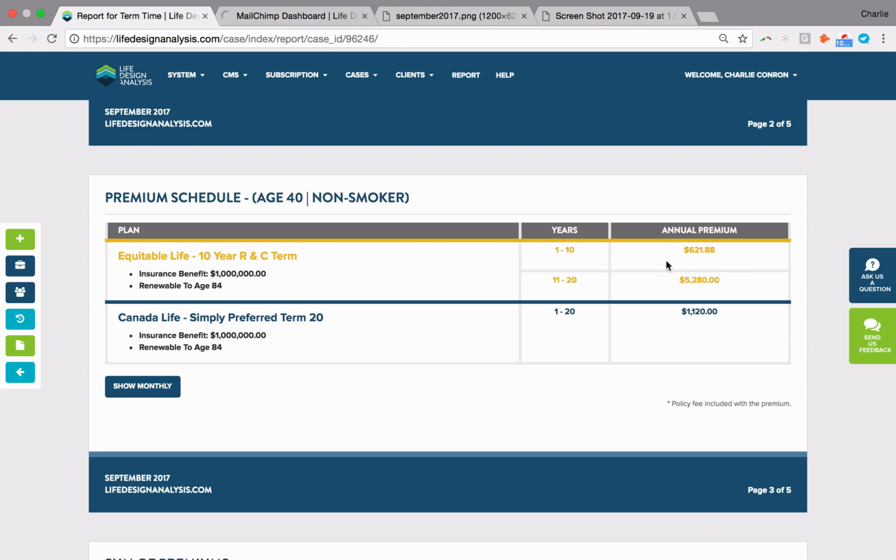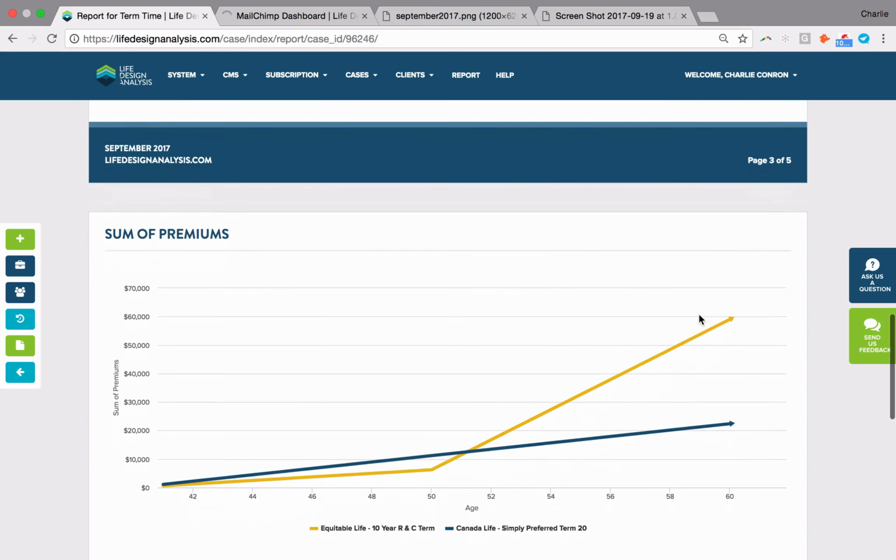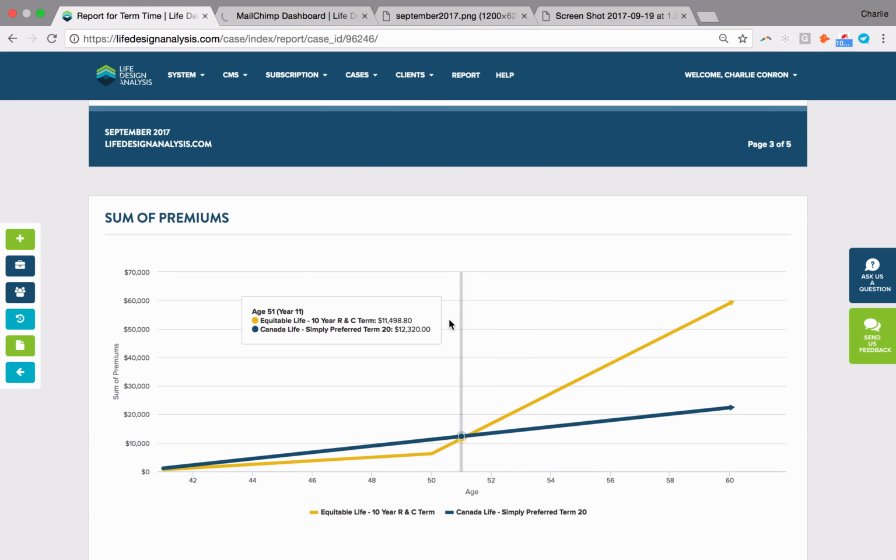And what we do see is, again, that premium schedule. And this sort of concept that I'm referring to is called asymmetrical dominance. So sometimes by having something in there, a higher price can make this one look a little bit better. So if I just said 621 versus 1,120, we might gravitate towards the lower one. But because I have this renewal coming in here, again, I see the value of locking in for this longer period of time.